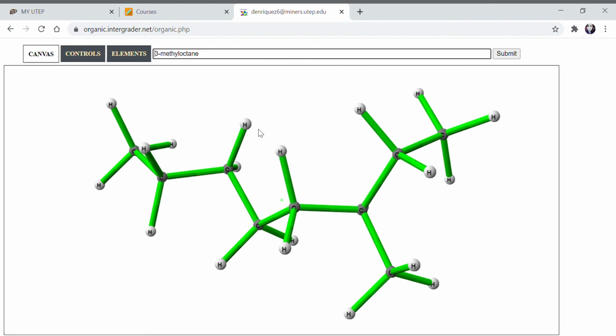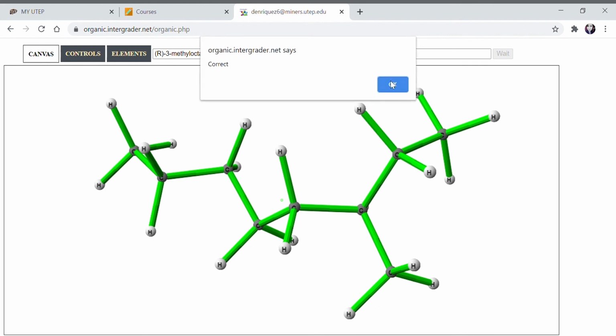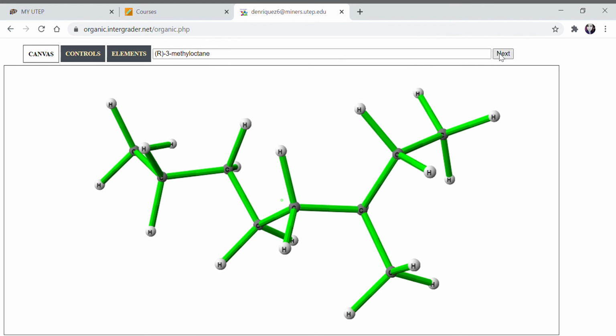So 3-methyl, and then we've established this is going clockwise. So we're going to go ahead and put R dash. Let's see if we're right. All right,